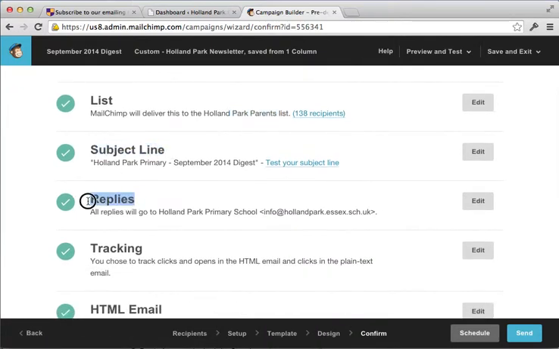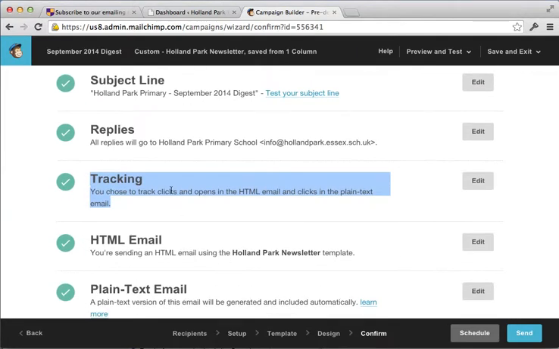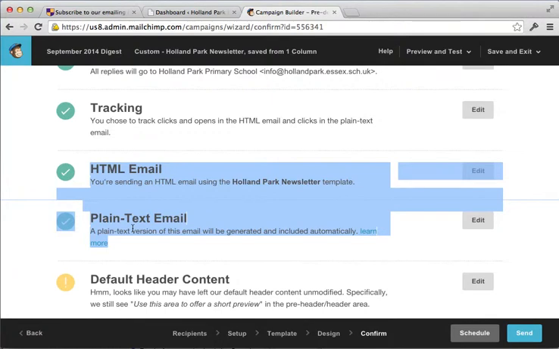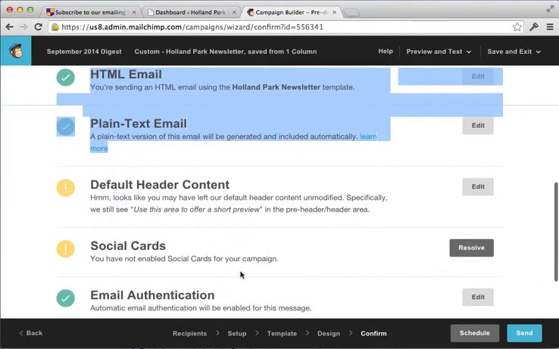If people reply to it, where do their replies get sent to? Are we tracking this if we want to for just seeing how successful the campaign is? What format we're sending it in? Are we also offering a plain text version? Yes. Here we've got a little warning that the